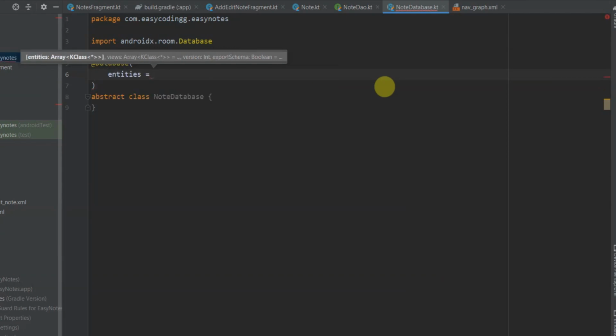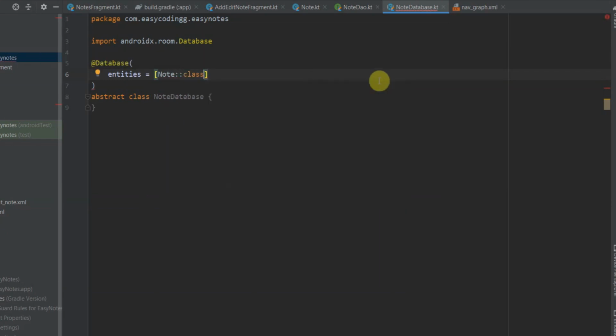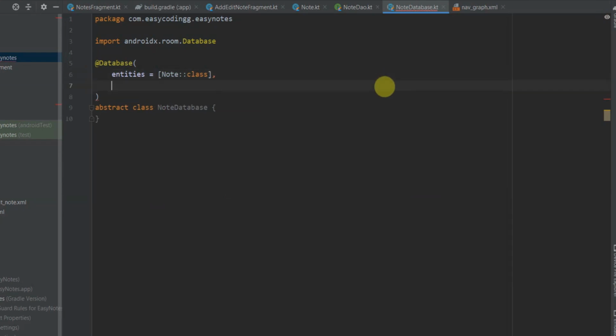We have to pass all the entities of our database. So it will be an array, and since we have only one entity, so Note::class. And the next parameter will be version number, which will be just 1. This version number is required whenever we need to change the schema of our database. We have to increase the version number every time we change it.